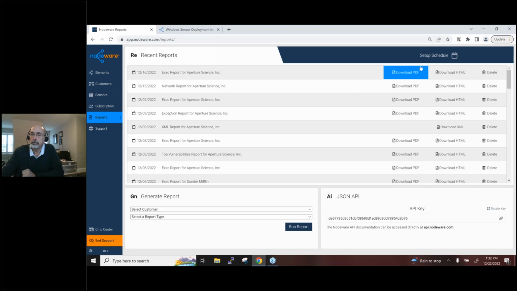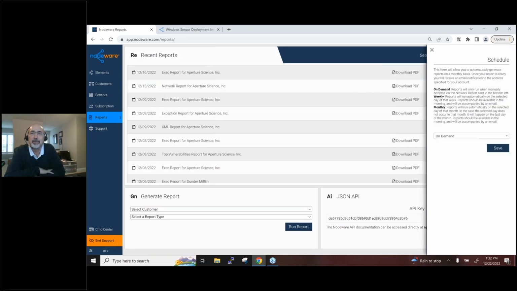Report section. You can schedule all these reports. This is the other meat. Sorry, Mark. So, I was just going to say this is the other exciting part of what a lot of MSPs are really excited on how they can use these. So you can schedule all of these reports that I'll show. How you want to schedule, weekly or monthly. If you select monthly, it's going to have you select the day of the month you want them.